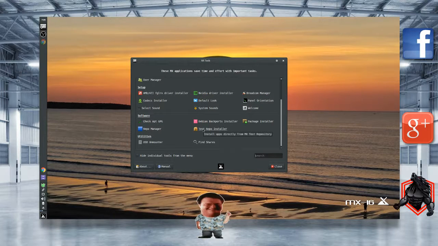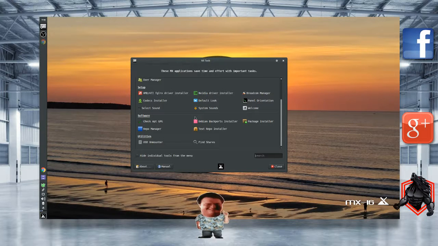But in the test repo, there are a lot of packages that won't install, that need to be fixed or aren't put into the test repo. So you kind of have a downfall with certain packages, and I couldn't get OBS to install. This is supposed to be a distribution that's easy and you can install pretty much everything.